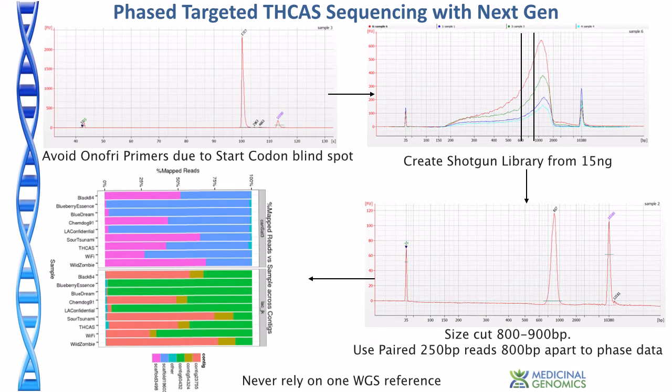So what we decided to do is set up a method that could phase the sequencing with the digital sequencing of next generation sequencing. And what we did is we take the amplicon. In this case, we're even using these Sanofi primers that we know have that limitation. But just as a proof of principle, can we then turn those into a shotgun library and sequence them? Now, the important part is when we turn them into a shotgun library, our reads on the Illumina systems are only paired 250 base per read, so they only stretch 500 bases in length. But if you make the molecules 850 bases apart, you can get paired reads of 250 bases that are separated by 850 bases. That's really handy because the start codon of the gene we can sequence with the forward read,